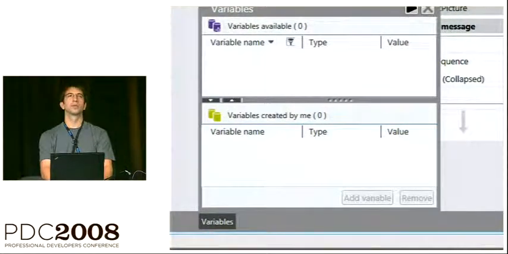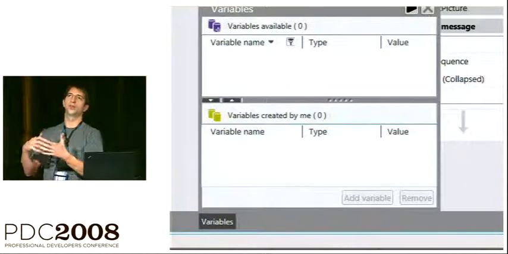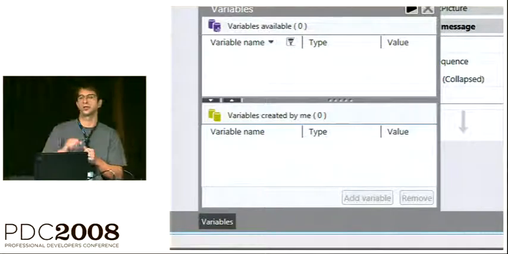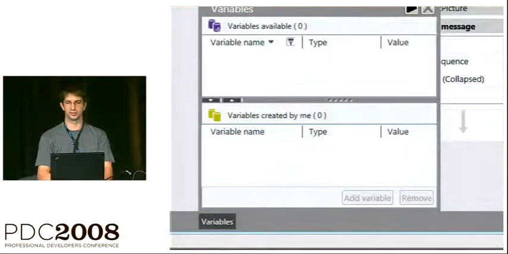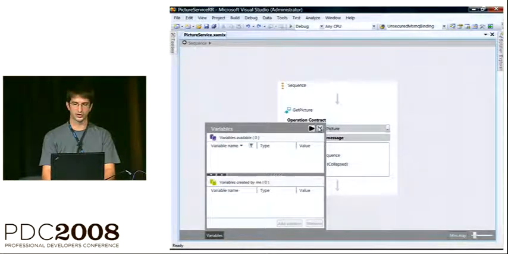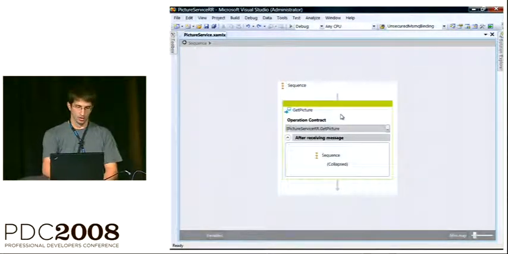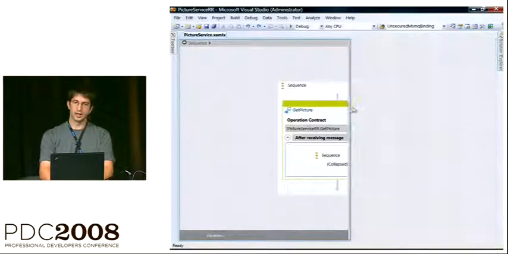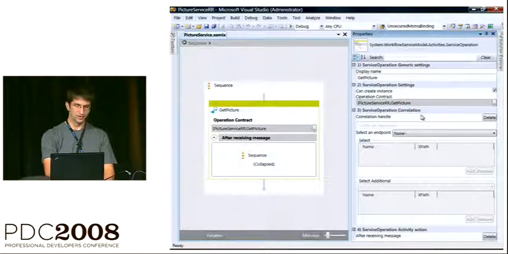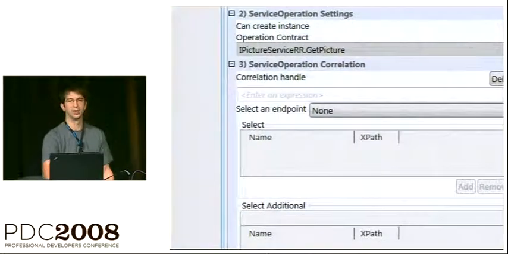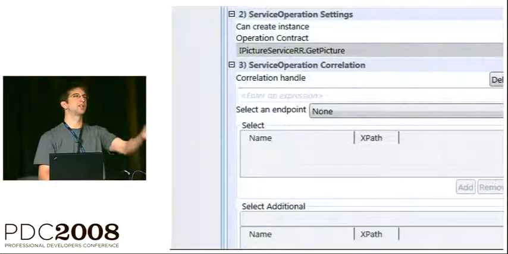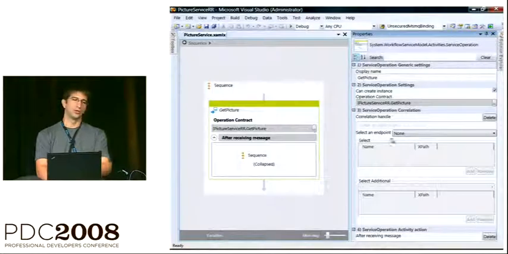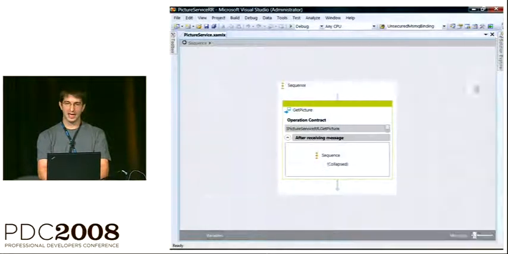As I was mentioning earlier, this pane is going to show us variables that are in scope, so variables that are visible from the child to the parent. You'll see this populated with different variables as we go through the construction of this service. And of course, we're using the property grid as the thing that we use to configure our activities. So here we bind operations, we set parameters, and so forth on our activities using the property grid. Okay, so toolbox, property grid, variables, canvas.